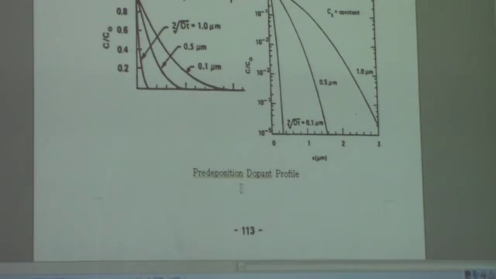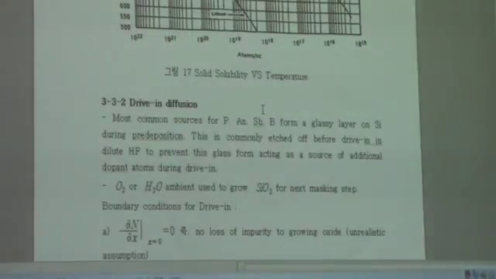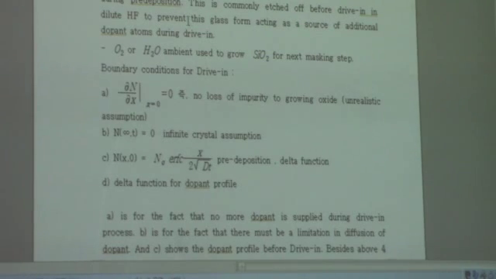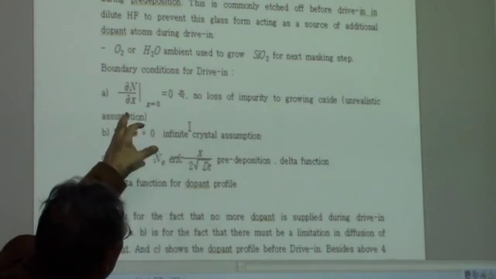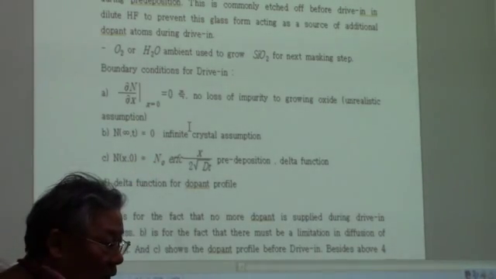Okay, this is the pre-deposition dopant profile, and that is a complementary error function. And the profile itself is not that important in most cases, because in the pre-deposition process, we just put a certain amount of dopant atoms which is supposed to be diffused in during the drive-in process. Okay? And for the drive-in process, we need 3 boundary conditions, but as you can see, we have no more source of the dopant, so that